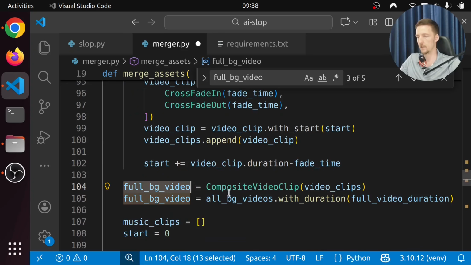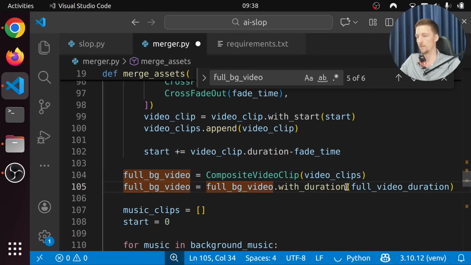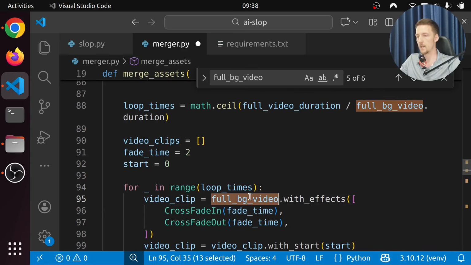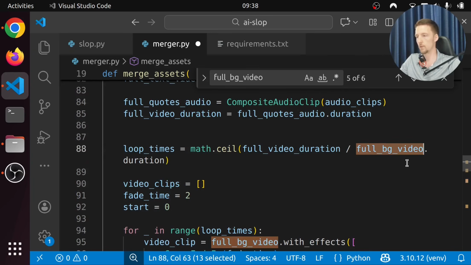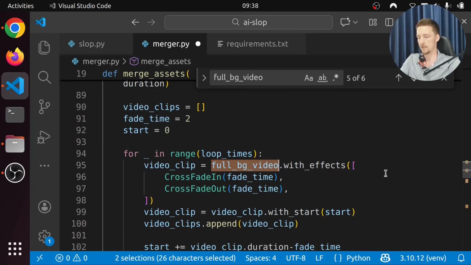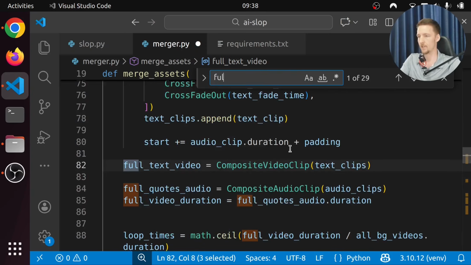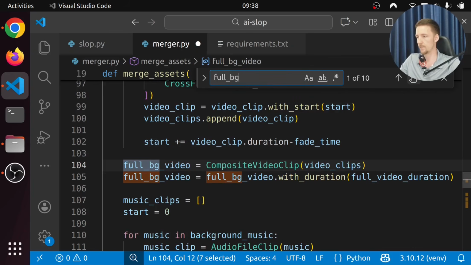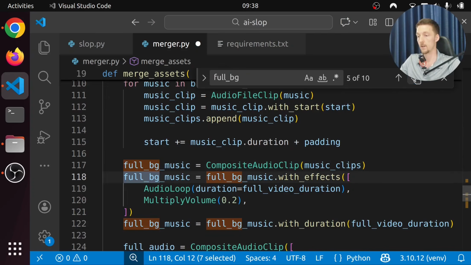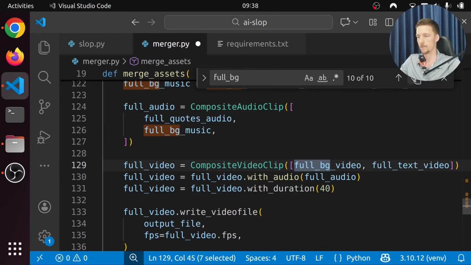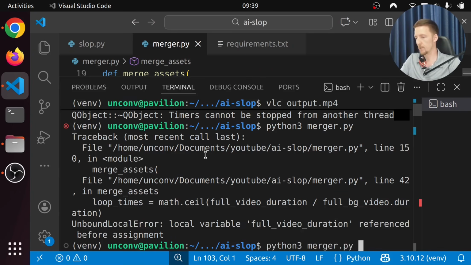So actually, this is going to be full BG video, but here we are going to use not full BG video, but all BG videos. Does that make any sense? Do we still use full BG video somewhere? Here and only there. Okay, let's see if that works now.